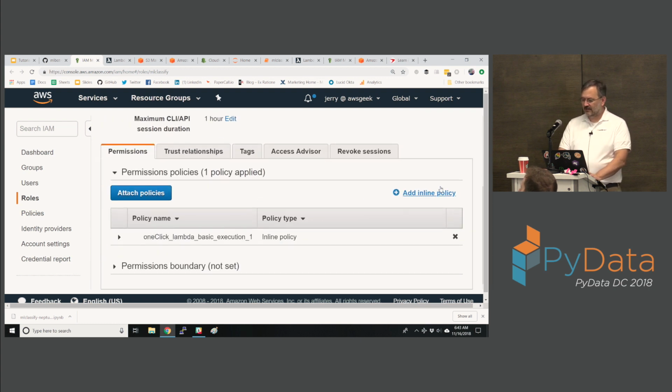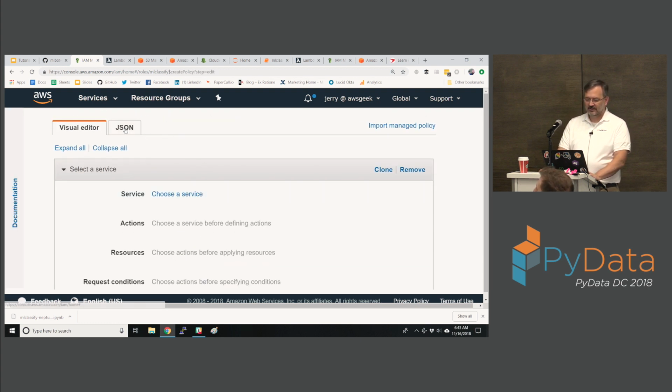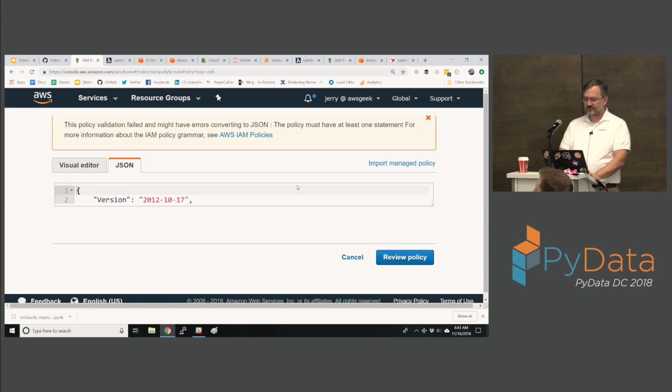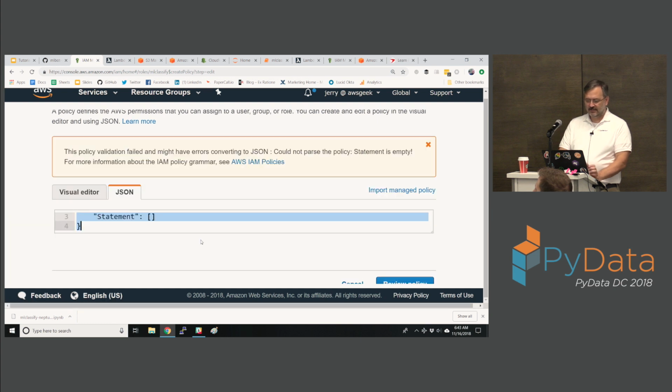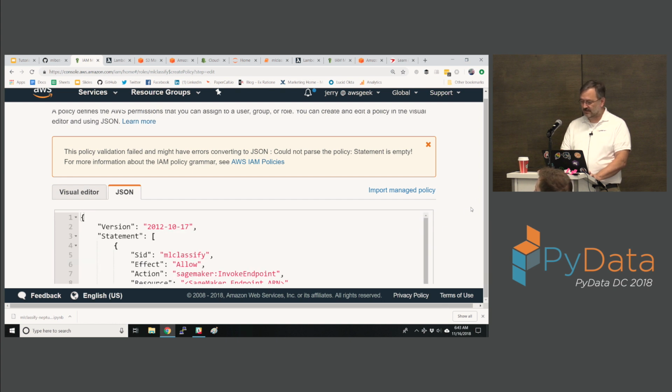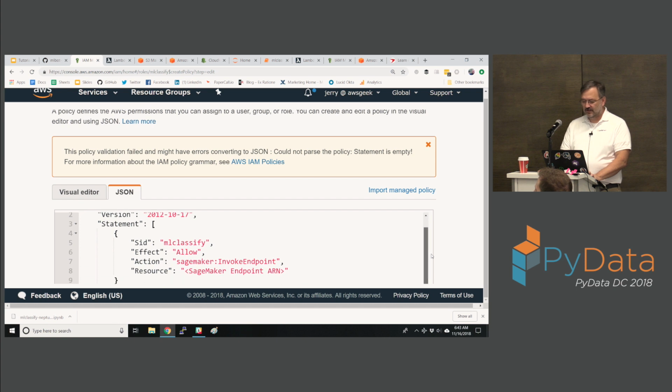I click on add inline policy, and then on the JSON tab, you can do this a couple of ways. I'm going to edit this, and let's see if I can expand that so you can see what I just did. I just pasted in this JSON that's an IAM role. Again, all it gives this function the ability to do is invoke a SageMaker endpoint, but we do need to have the SageMaker endpoint ARN. You could give it the ability to execute any SageMaker endpoint ARN. You could just put in this, and it could execute any,